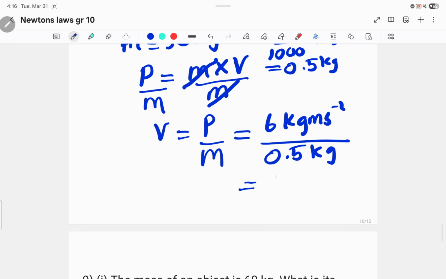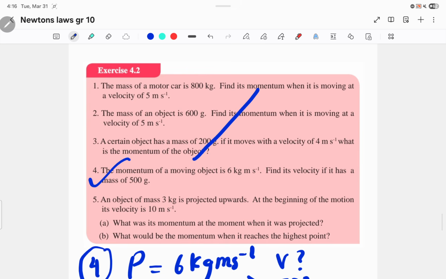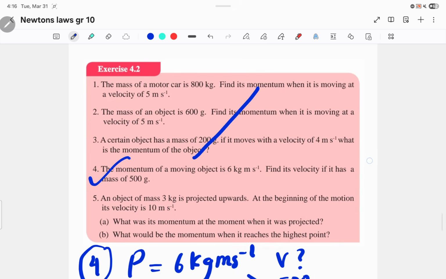What happened? It's become 12, right? Yeah, meters per second, right? This one is okay now. And